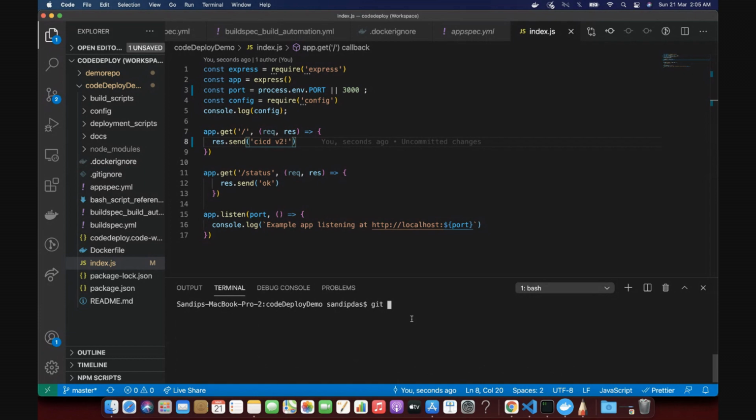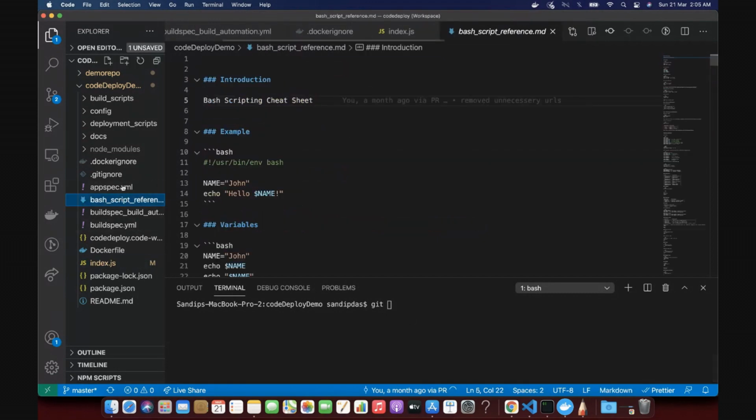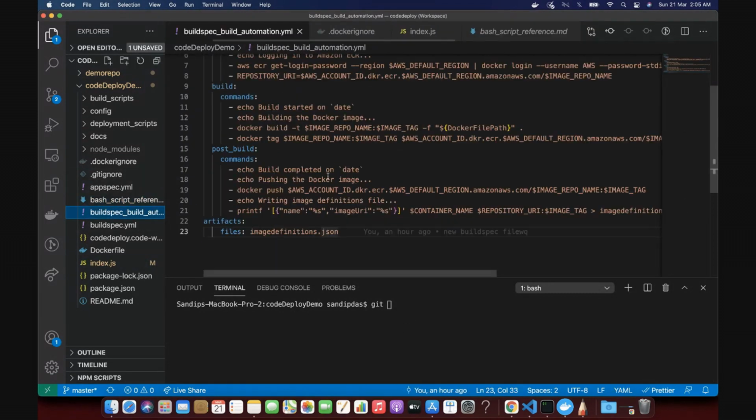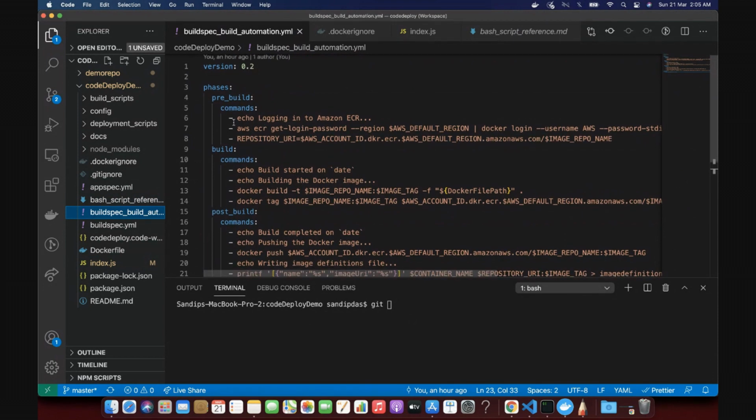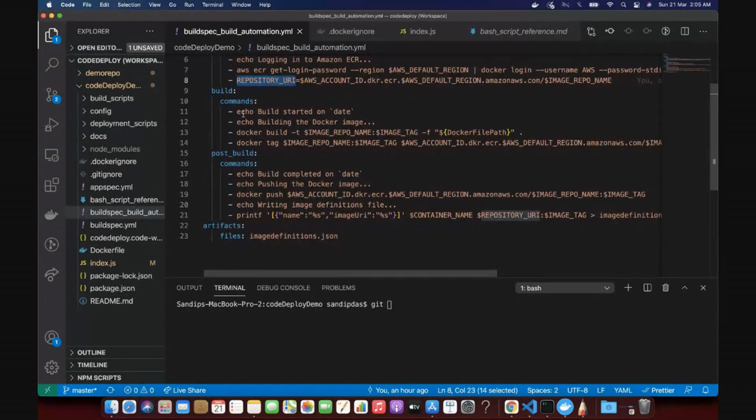Everything will be automatic: the build, the Docker build, image generation, and the pushing to ECR, as per the script we have made here. So again, what is happening in this build script that is running the code build: we are setting the login into ECR, then we are storing the repository URI in another environment variable. Then we are making the build using docker build -t, with the image repo name supplied via the environment variable, and the image tag.